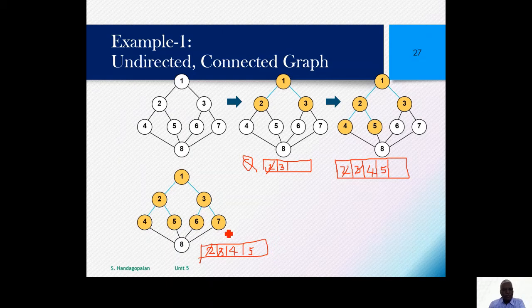Now the next step is to take from the queue, delete from the queue, and the adjacent vertex is nothing but 8. So we have now 4 deleted and now 8 will be visited, and of course it is unvisited.